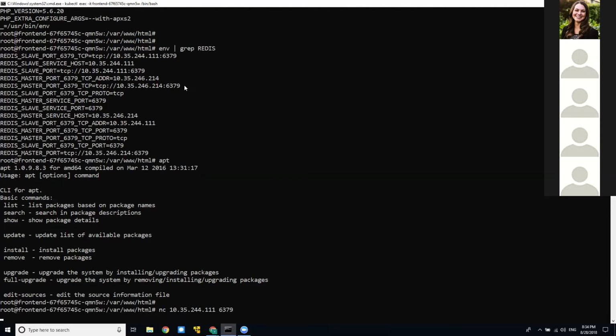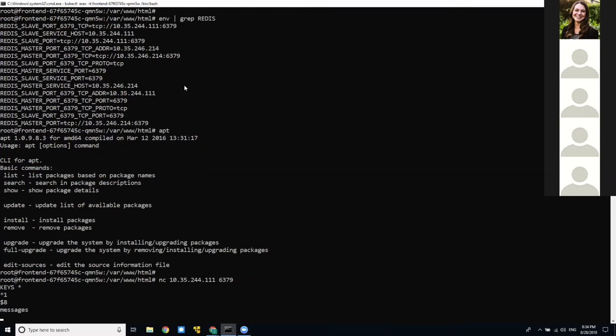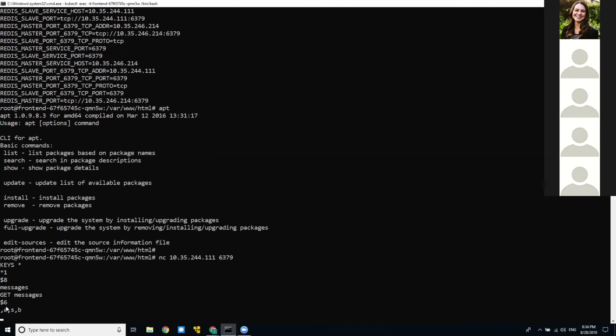Okay, so we're connected. Let's see all the keys. Here's a Redis command, here's an asterisk. Okay, we have some messages. So let's see what messages are inside. Get messages. So we can see all the messages. That's just three dummy messages that I put in beforehand for the application. So it looks like we have full access to the database now, and we can read and write to it. So that's one thing that we achieved.